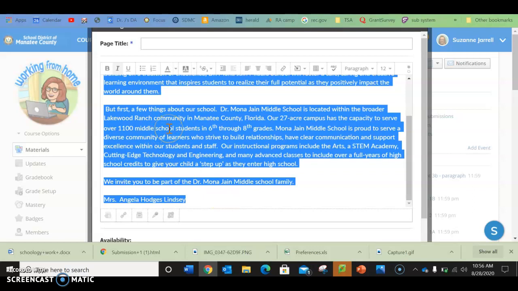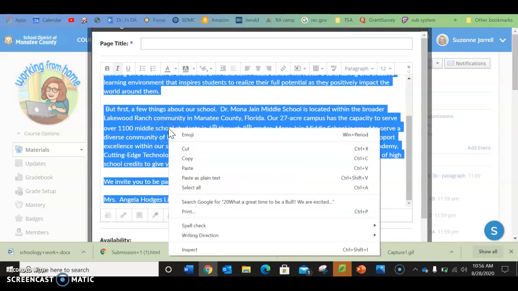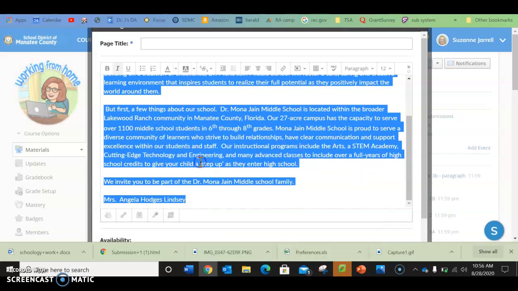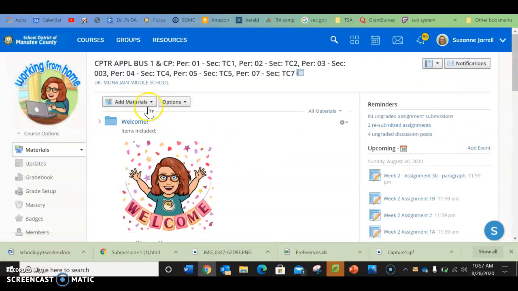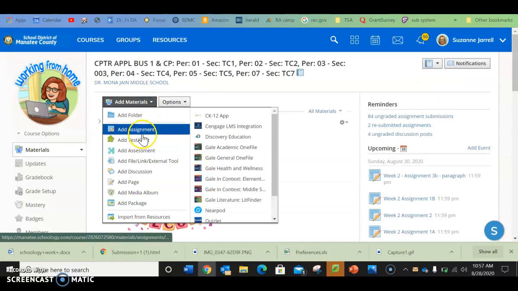And then I can do one of two things. I can either right click and say copy, or I can hit Control C on the keyboard. Then once I'm done with that, you can cancel, and then you can open up the assignment again